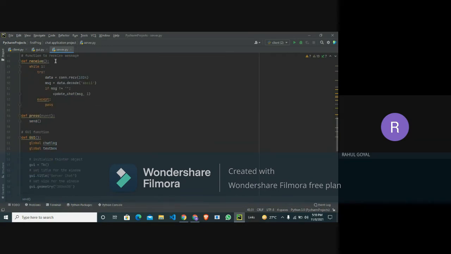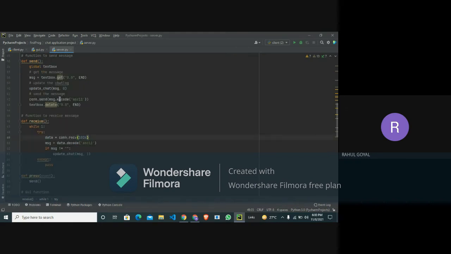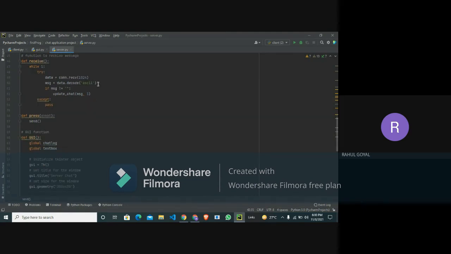The next function is receive. We declare a while loop that works unless there is an exception. It simply receives our messages continuously, with a buffer of 10254 bytes. As we previously encoded our message in ASCII, we now decode our message in ASCII too.